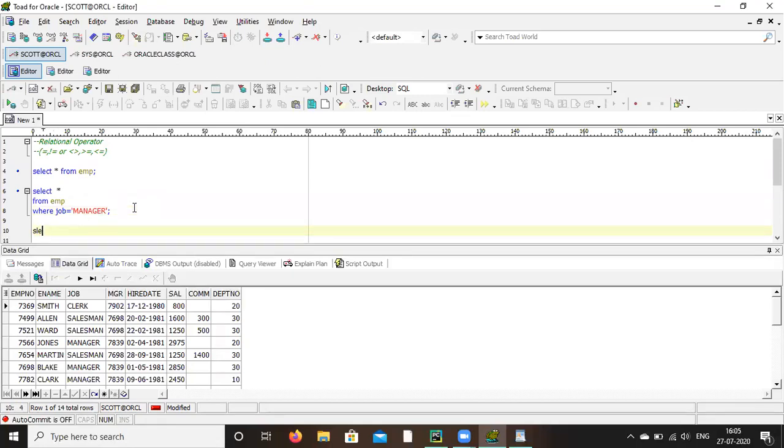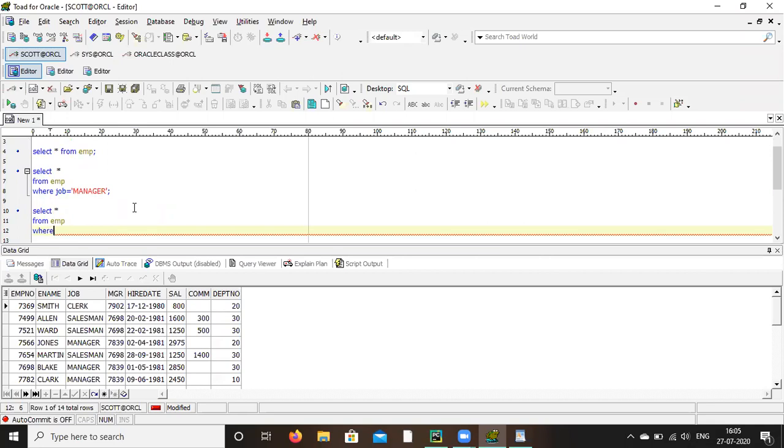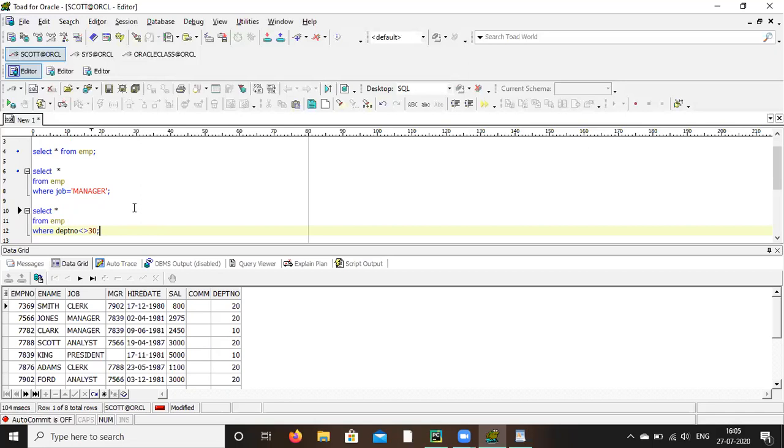Whichever comes, it is not equal to 30. Now that is equal to and not equal to.